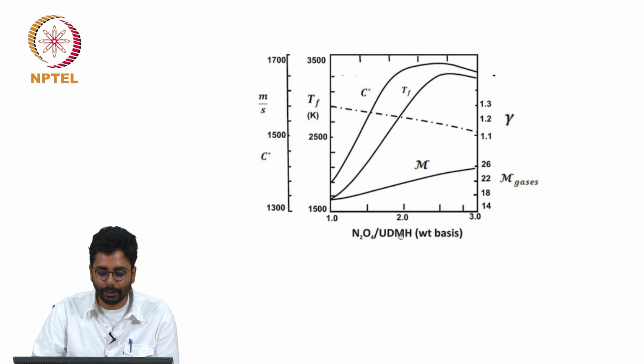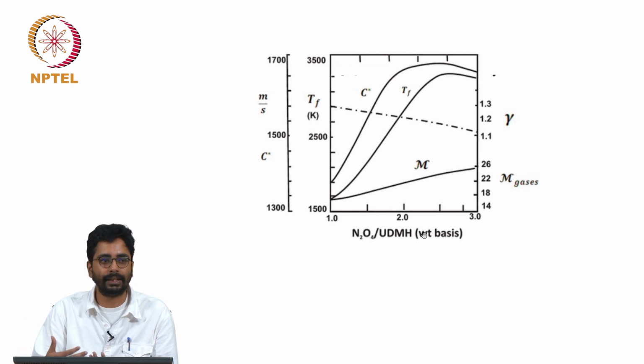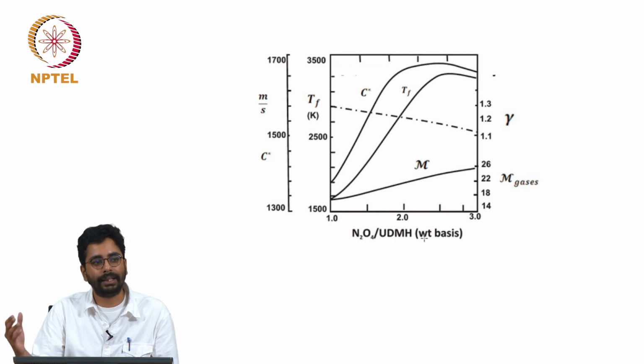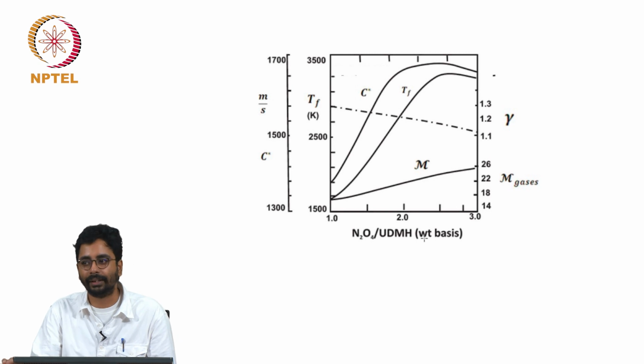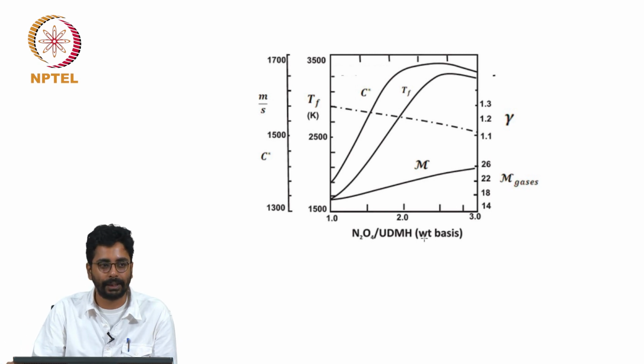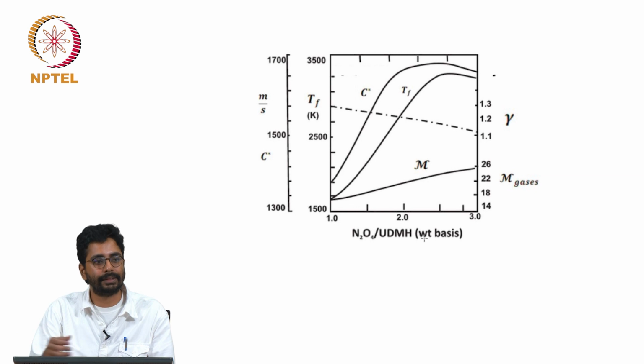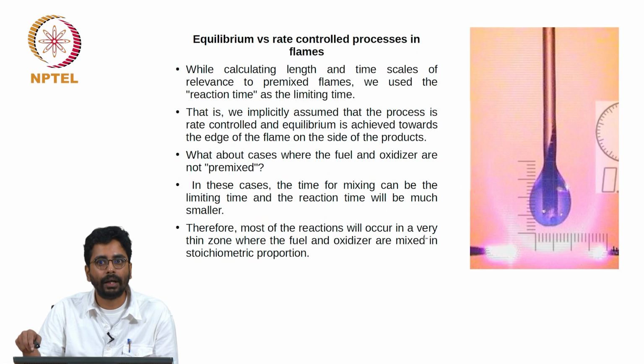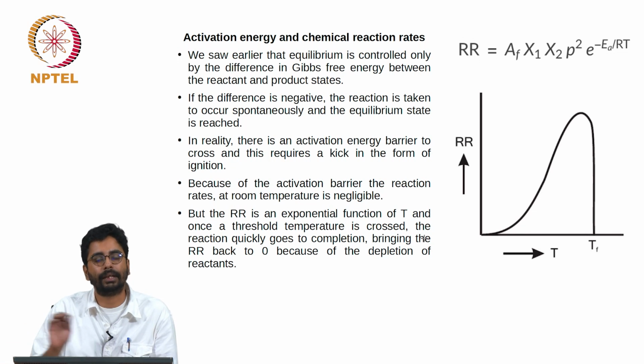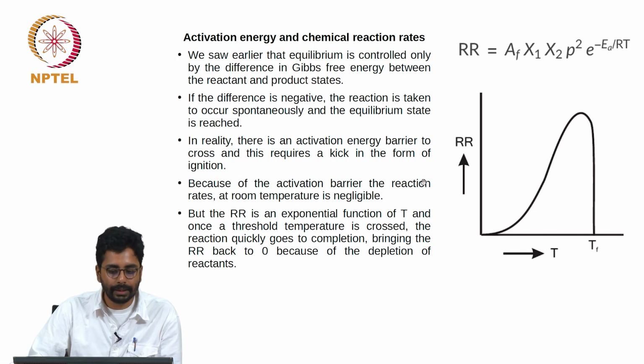Different communities look at measures of oxidizer to fuel ratio in different ways. In combustion literature it is usually equivalence ratio, but if you talk to a liquid propellant rocket person, he will talk about mixture ratio. And if you talk to a solid propellant man, he will say solid loading or the amount of AP that is present in the propellant. But they are all essentially the same measure, you can calculate one from the other. So this we have already discussed.